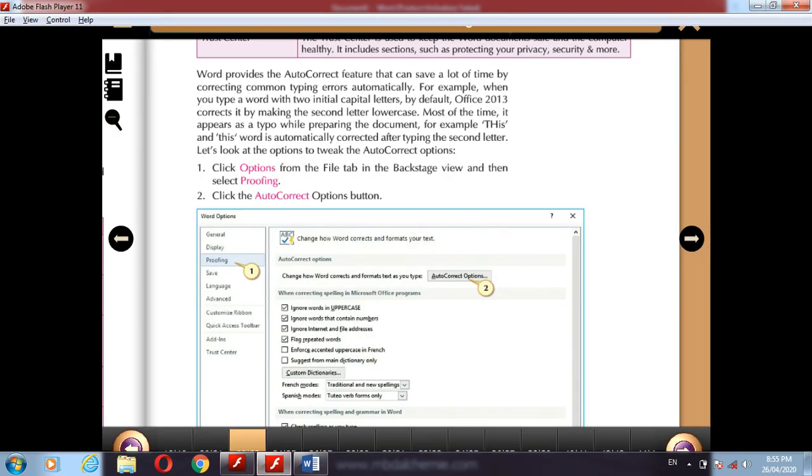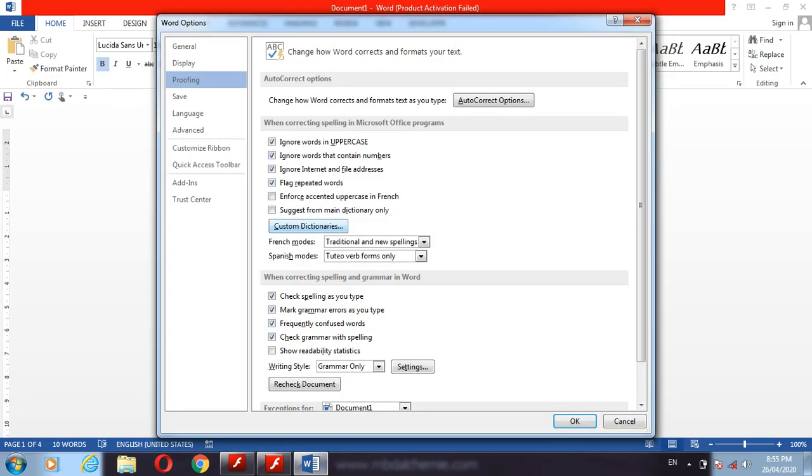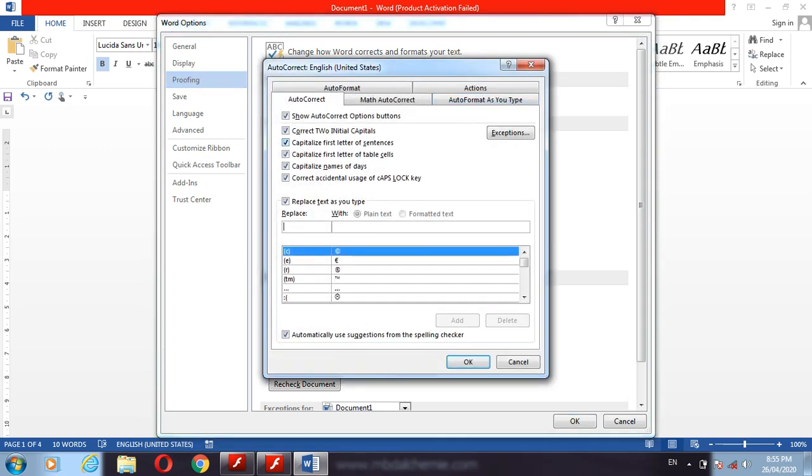Here we check Correct two initial capitals. Then click on the OK button. So in this way we can change the settings.